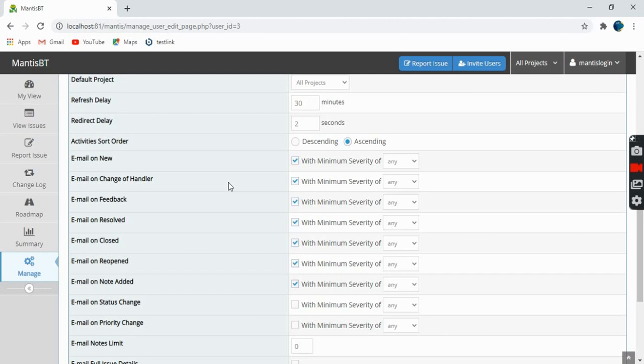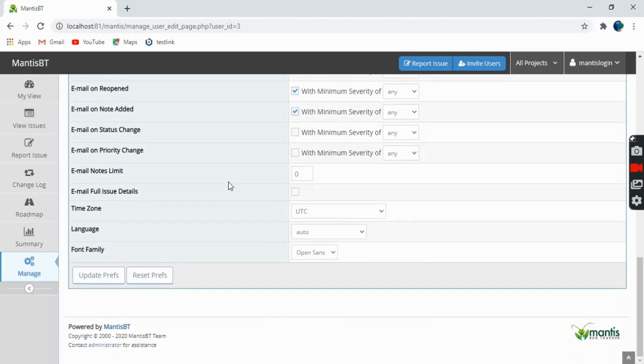And another thing is you can even delete the account. In order to retire someone, retire means getting that person out if the person leaves the team, you can disable the account. Another one is deleting the account. You can delete the account as well. So the points related to deletion of the account, two important points: only administrators can delete the account, and deleting users is not a reversible process. Once the users are deleted, you cannot bring those users back, and all the activities that they have done on the issues cannot be reversed.